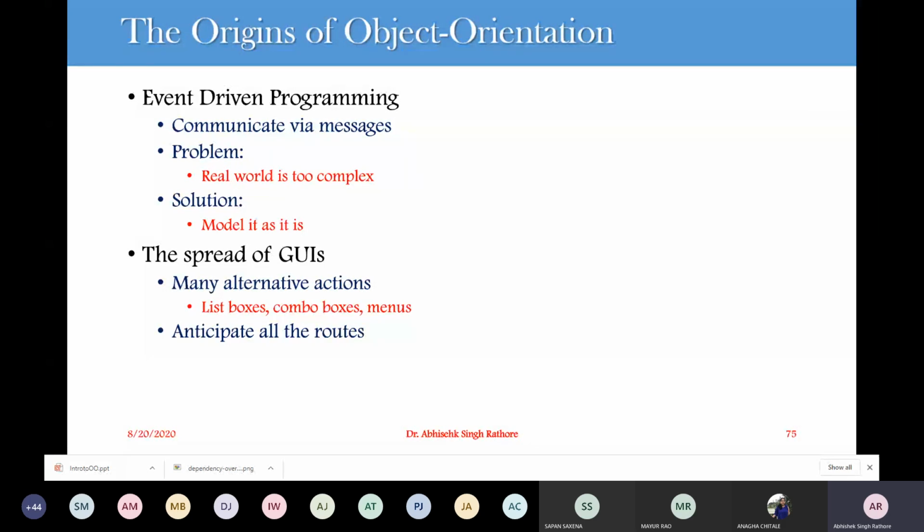In a real-world complex system, there may be a number of independent agents. When we consider these agents individually, they seem very simple. But when we consider the whole collection of different agents, this seems to be a huge problem, and we can't program it in a third generation language or an event-driven programming language.